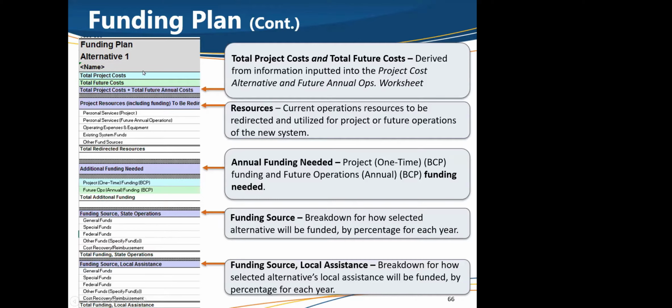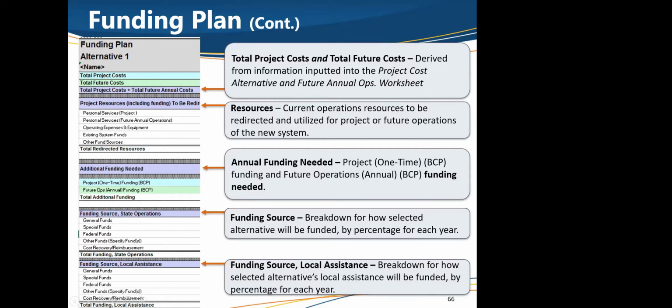So this total project cost is automatically entered by the sheets, the future, the total, also the redirected total, and then also what you are going to need from a project and a future ops funding perspective. And then it provides the option to fund it through general, special, federal funds, other funds where you could specify which funds, or if it's a cost recovery or reimbursement funds. And then also if you have local assistance,